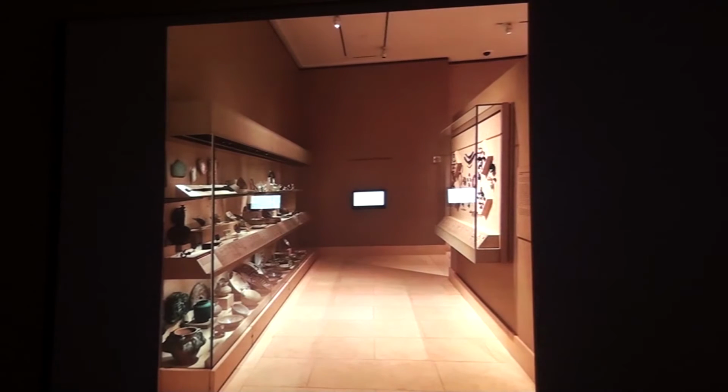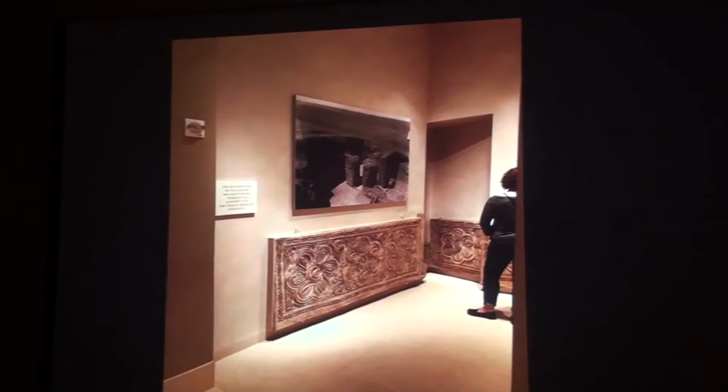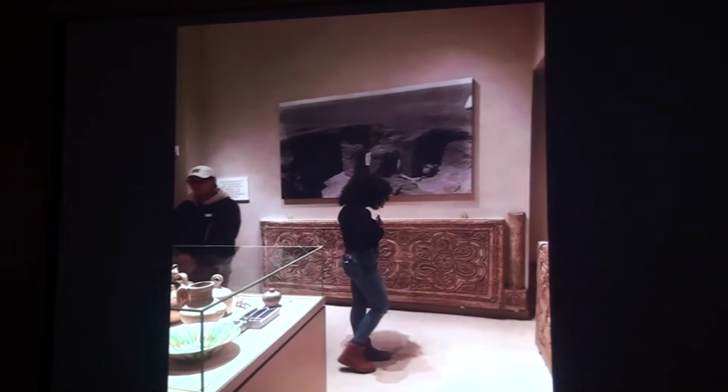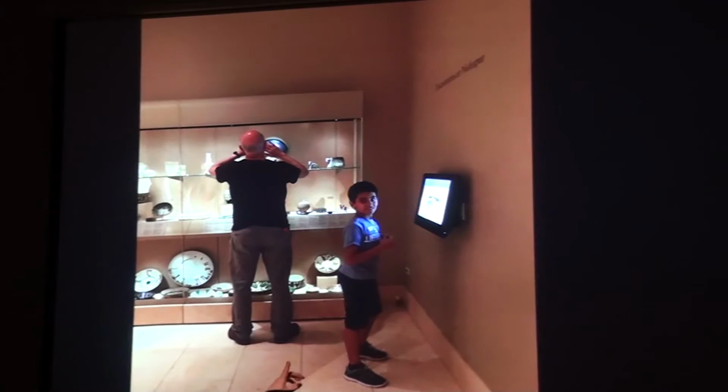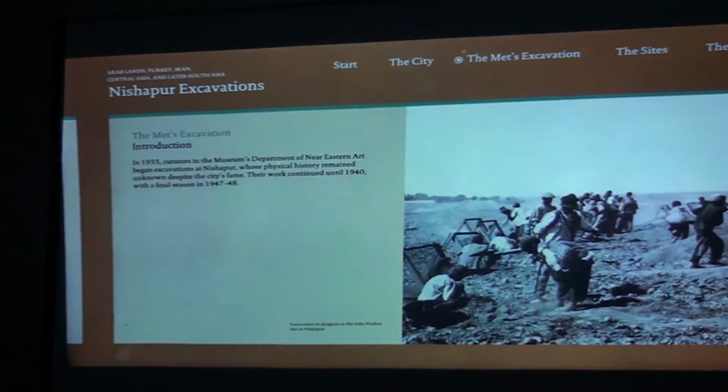And then this part of the exhibition is sectioned away. It's a little hallway. And then you can go into this room where you see this photograph. You can see a photograph of when the European men, or actually American men, discovered this. And then they have an interesting interactive that a lot of children use, and actually adults. And in this interactive, they have a lot of photographs. So as you can see here,